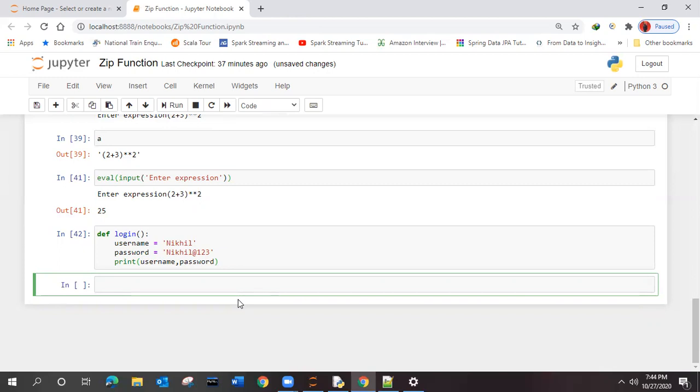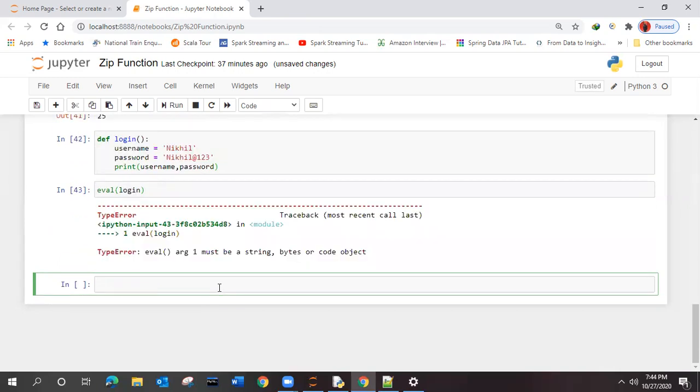And like this, if I'm calling it, what happens if I call it like this? Should this work or not?